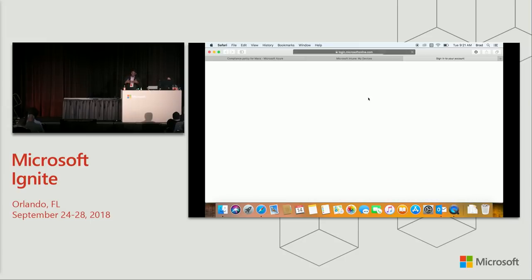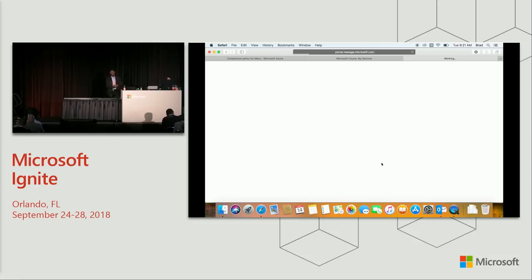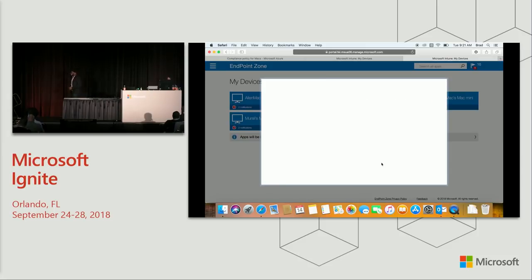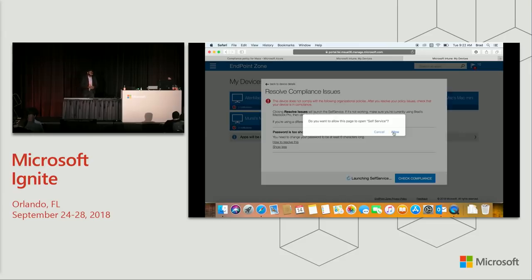Now, right in there, we have a link that takes you to our Intune web portal, because across all platforms, that's where we send you to. So you can see exactly why you, as an end user, do not have access to anything you need. So again, we're trying to give you as much information as an end user before needing to call help desk. The goal is really to remove the need for you to call help desk. So right there, we explain to you in as friendly a message as we can,